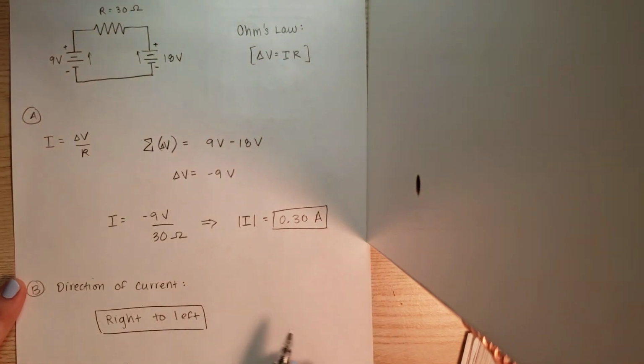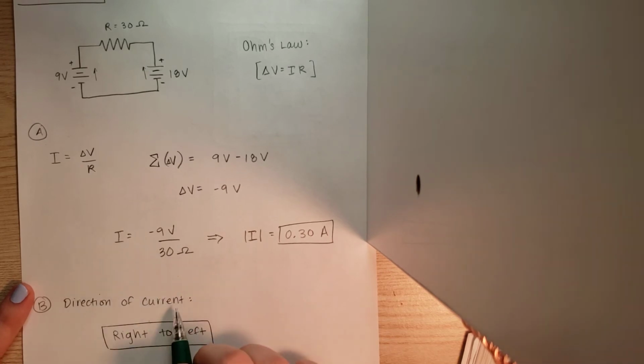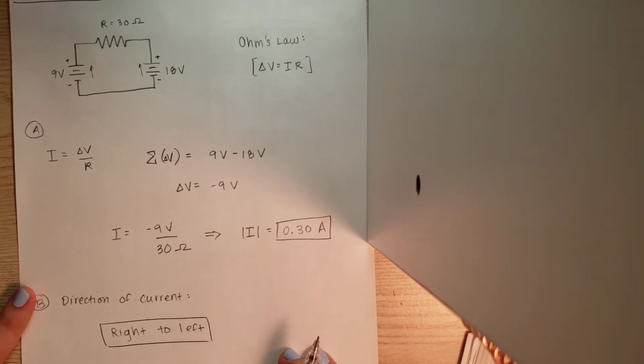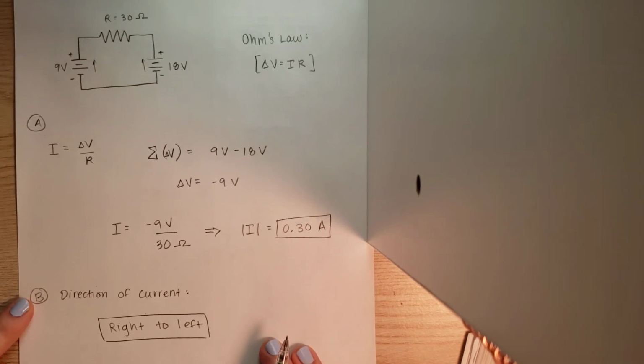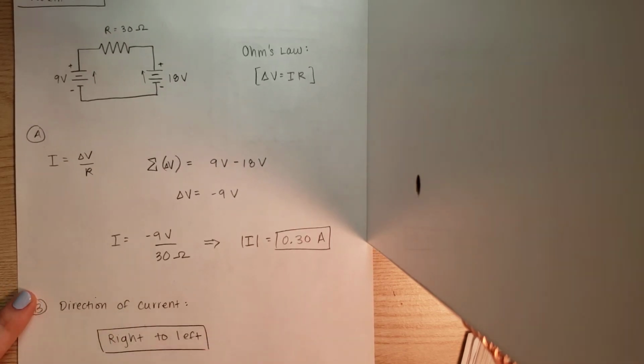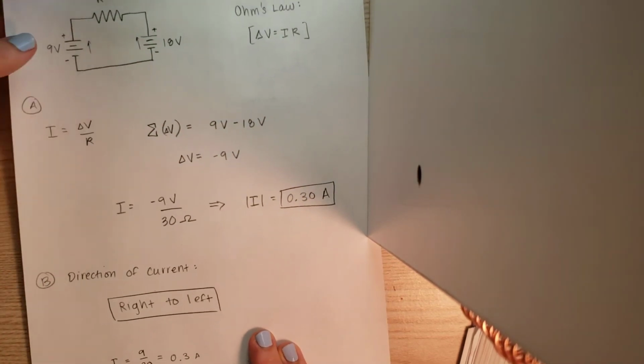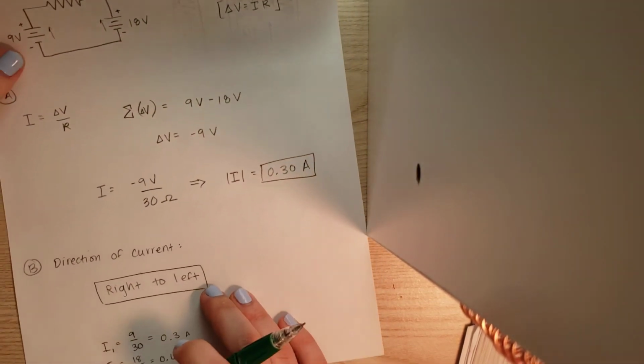And for part B, they want us to calculate the direction of the current in the 30 ohm resistor. And our current is going to be going right to left. And we know this because if we were to